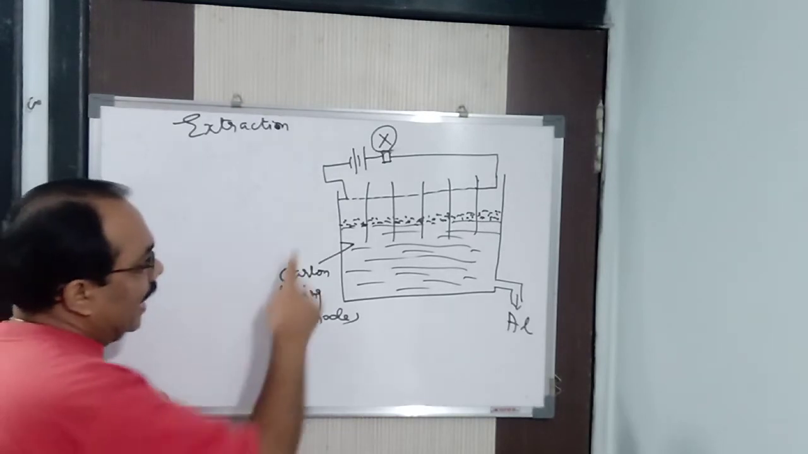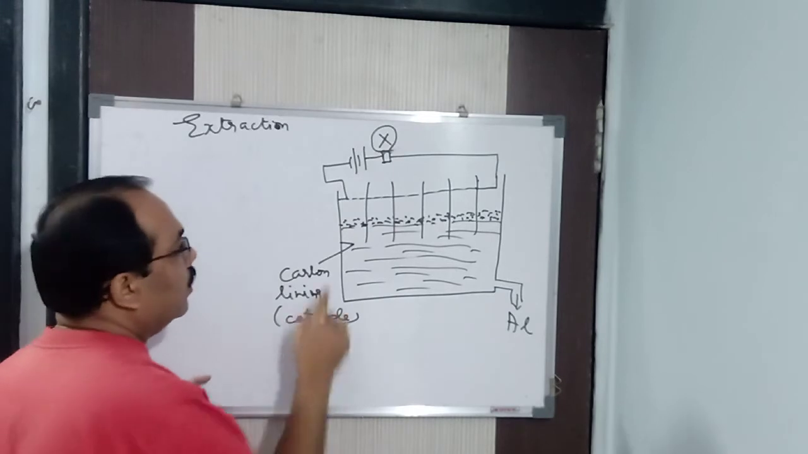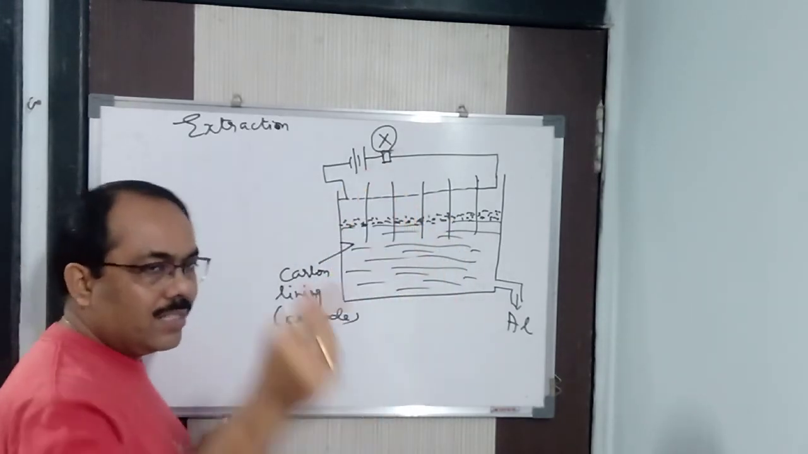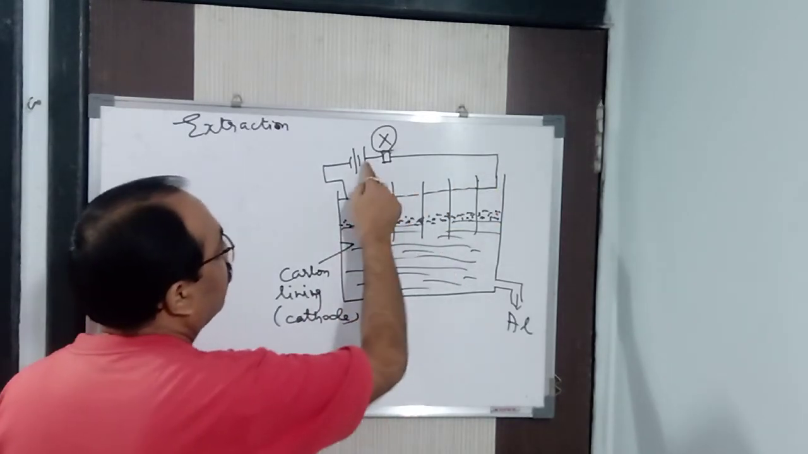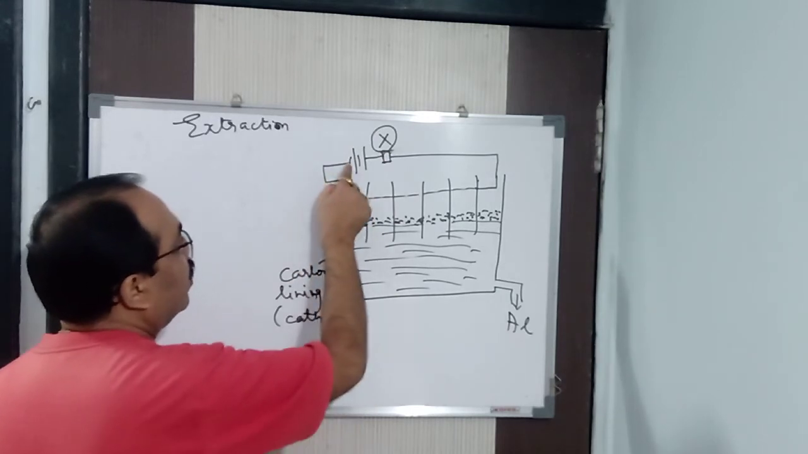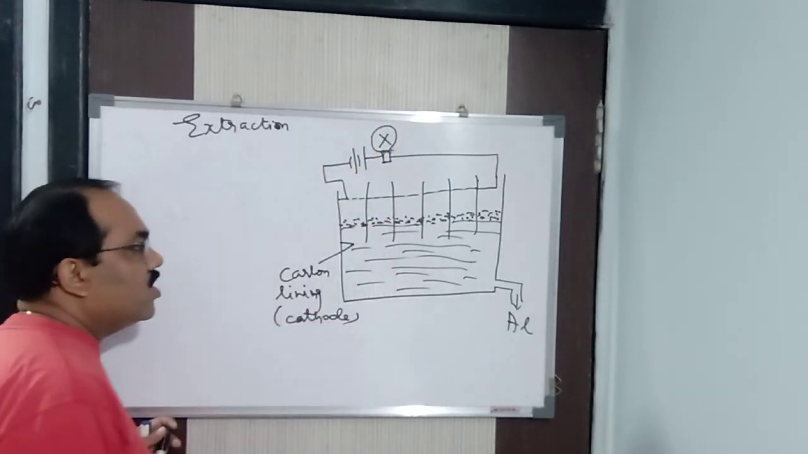Again I repeat, the tank is coated inside with carbon lining which acts as a cathode, we can say. Now these are the carbon rods, which act as the anode. That positively charged electrode, you can see, is connected to the positive terminal of the battery, and the carbon lining is connected to the negative terminal of the battery. So it acts as cathode and this acts as anode, and in between we have put a charge control lamp,